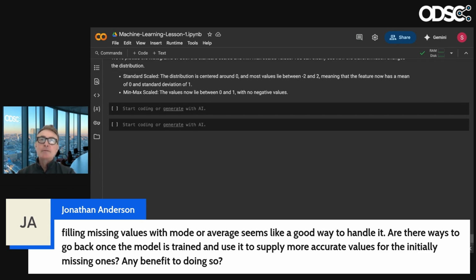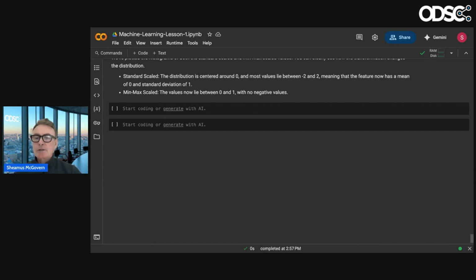If it's a categorical variable, and they have a very non-normal distribution, like maybe almost a uniform distribution or something like that, what does the mode really mean, right? So there is no hard and fast rule. Well, people will tell you there are rules of thumb. Sure, there is, like everything else. But I would look very carefully at the data and make sure people understand why and how you're filling in those missing values.